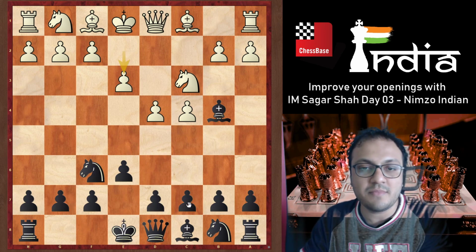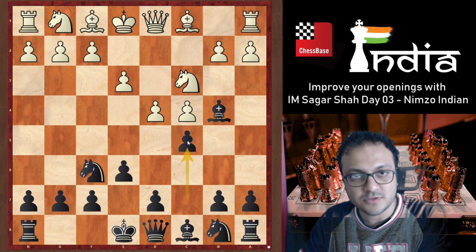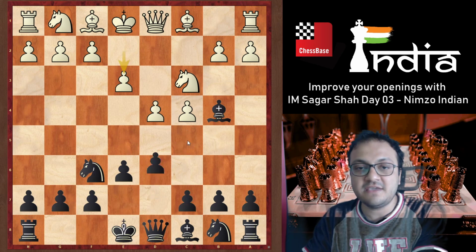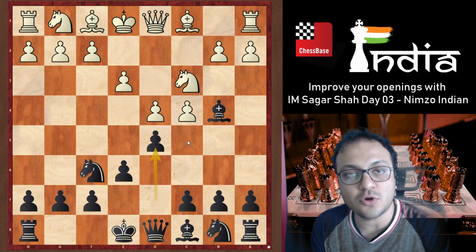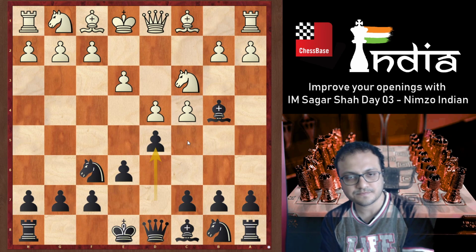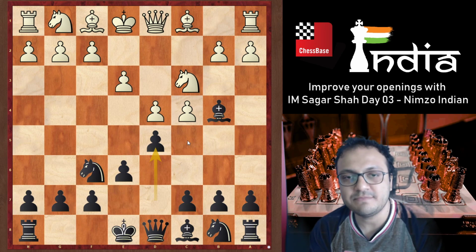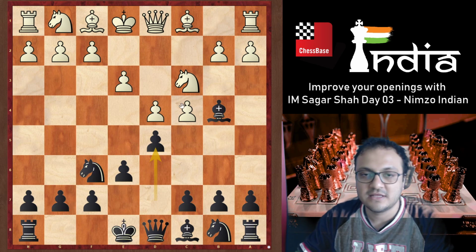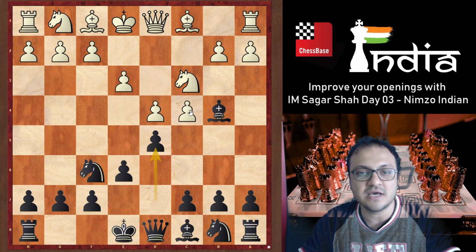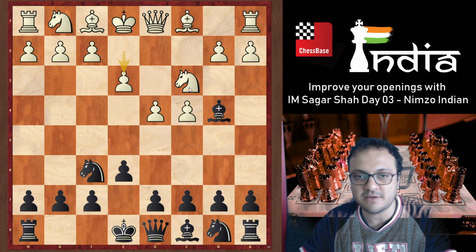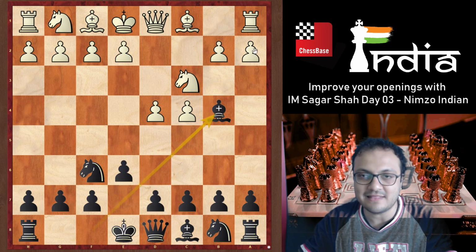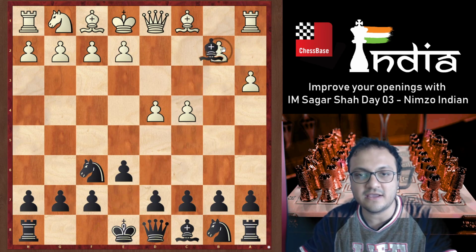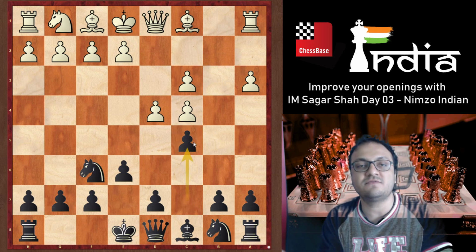I would recommend you to play c5 to stay in our territory, but d5 is a move that I want to talk about here. So I, being a Nimzo Indian player, always used to think that you should give your opponents doubled pawns here. Like for example, let's say a3, I will take, and I will play my pawn to c5.